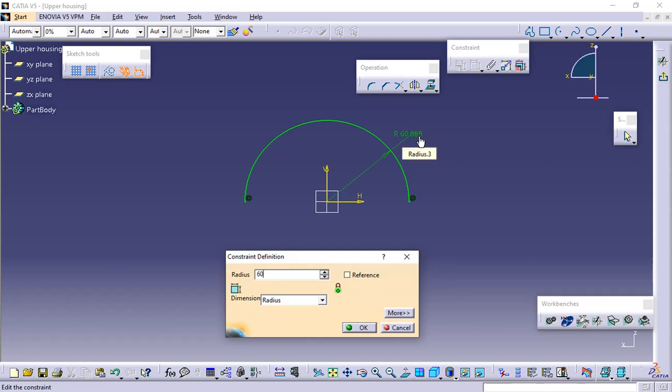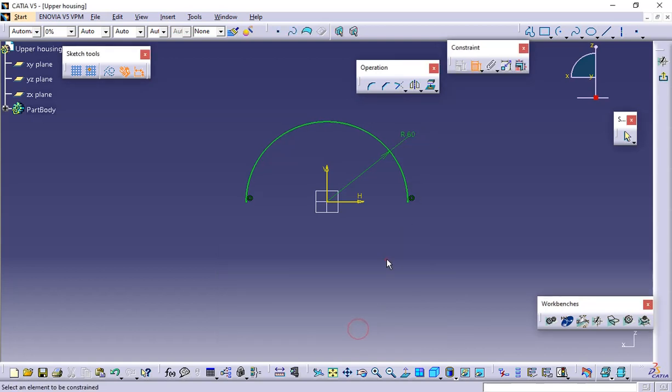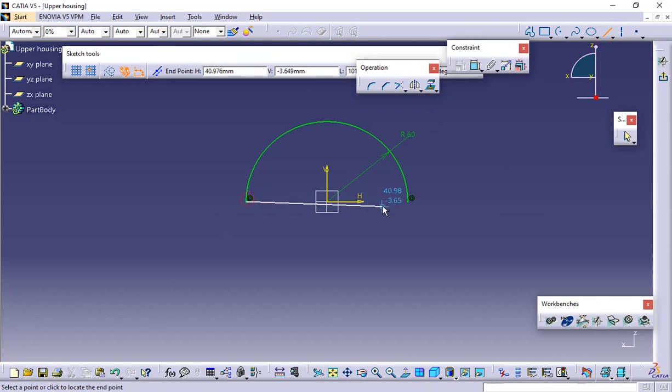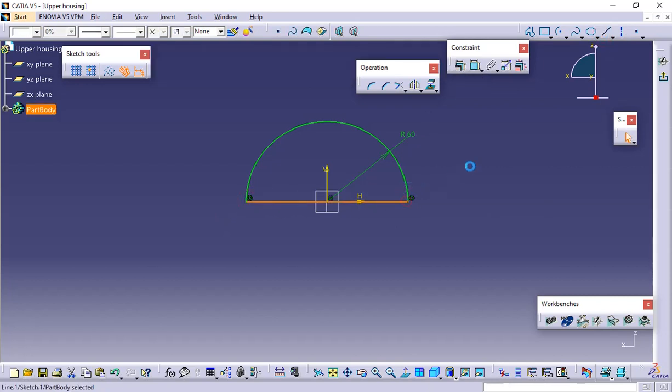Before exiting, we need to actually close the profile in order to do any pad or pocketing option. So let's close this one and exit the sketcher,